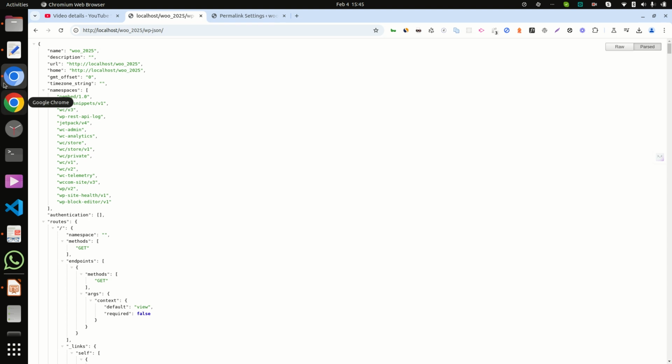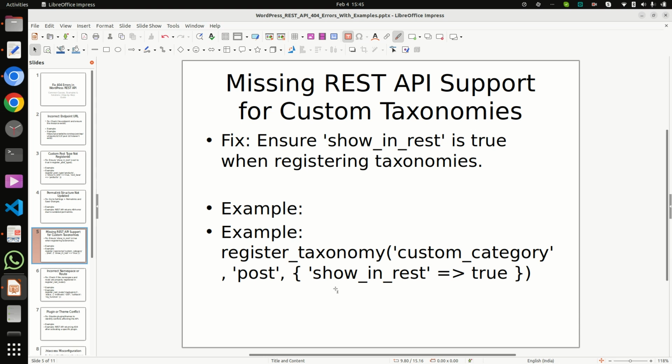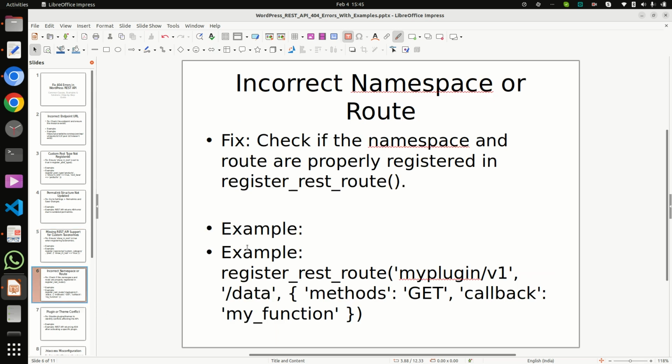So for that you can add show in rest true when registering the taxonomy,